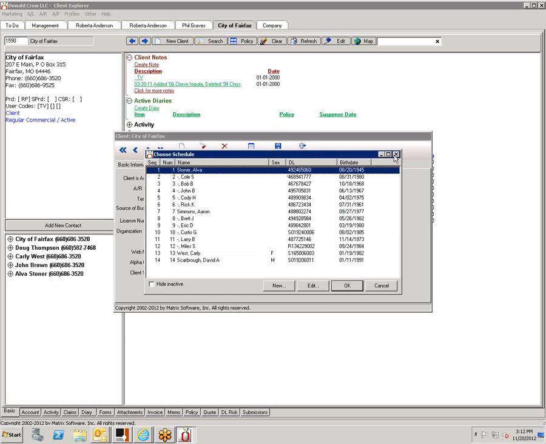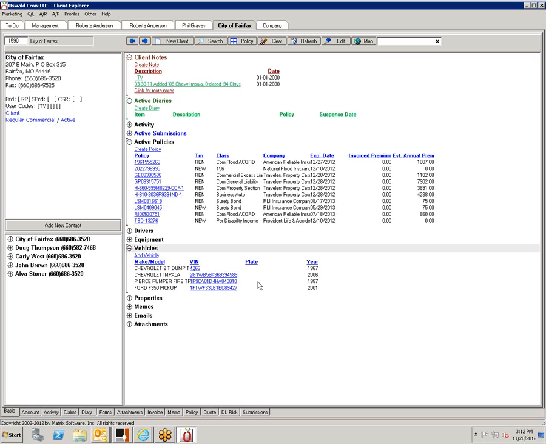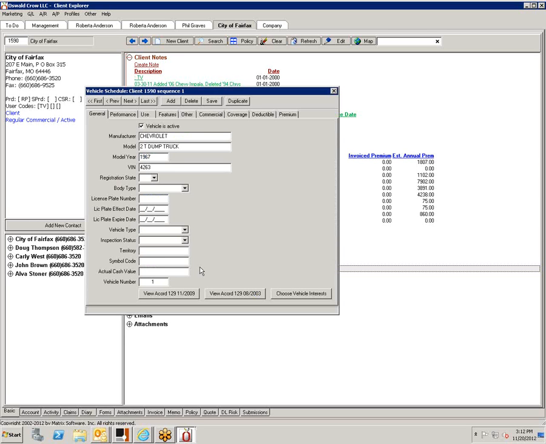And then the same thing works for vehicles. How many times have they said, I'm going to have to take the old truck off? Engine blew in it. So they delete this old dump truck. And then a month from now they call you back and say, well, I got the engine running again. Would you put it back on?